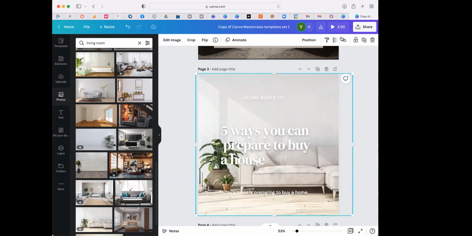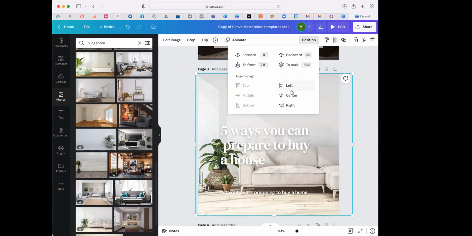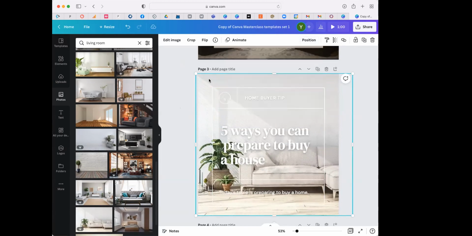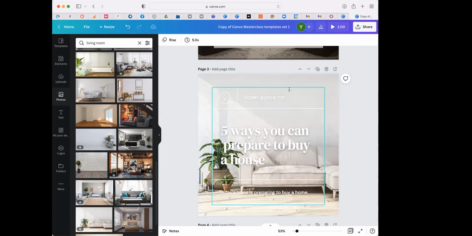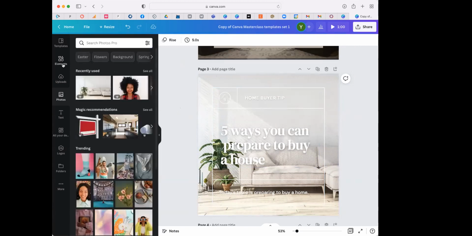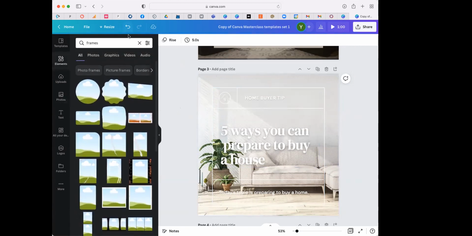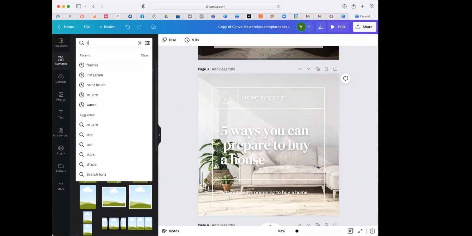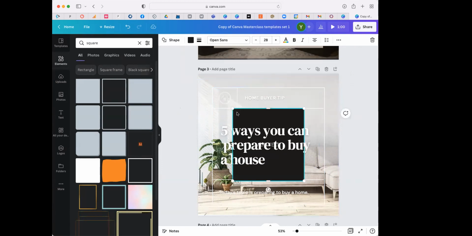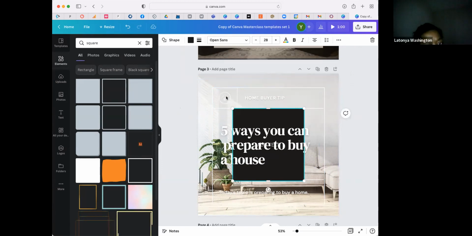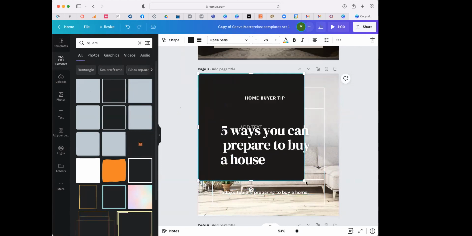And then you're going to throw the image, position it to the back so that you're able to see, right? Problem is you can't see it because of the white, right? It's white there. So what you're going to end up doing is you're going to go back to elements and type in the word square, because the shape you're looking at is a square. And you're going to put this square,